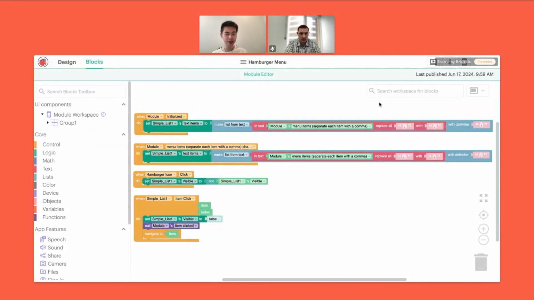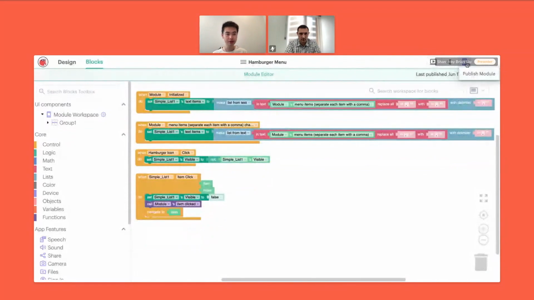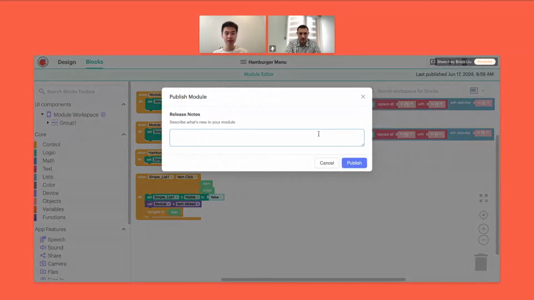So to publish, what you need to do is hit the publish button, publish module, and this little wizard comes up. And this lets you basically write in your release notes. You don't have to do this very complicated. Basically, what I like to do is a V to indicate version and a number so I can track what version I'm on. And then write a short little summary. It doesn't have to be very complicated. I'm just going to write created